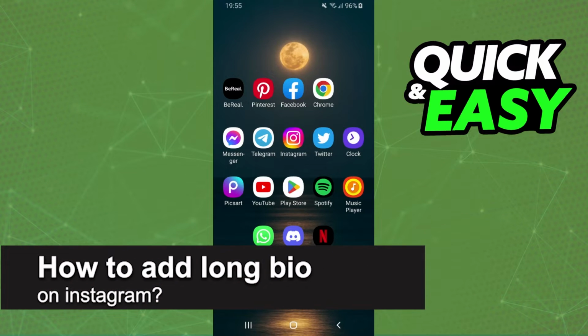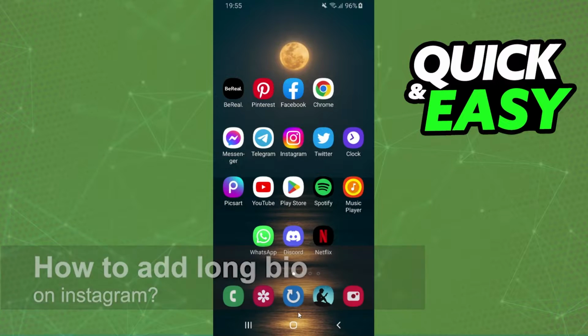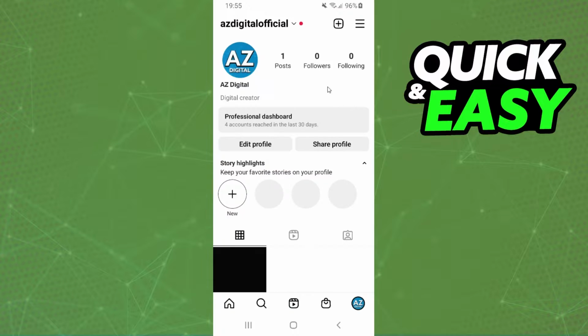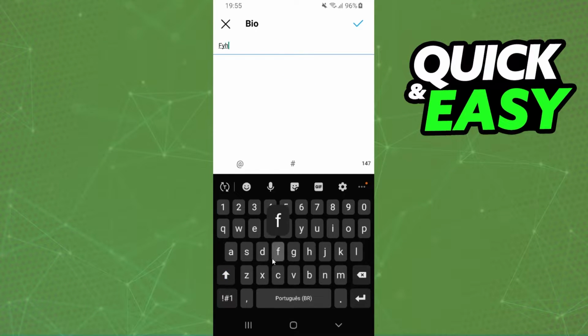How to add a long bio on Instagram? Is it possible, or is it not? Let's find out now, okay? So first of all, I will show the information on my Android, but it's the same information for all devices, okay? So if you come to your Instagram, go to edit profile, bio, you will see that you have